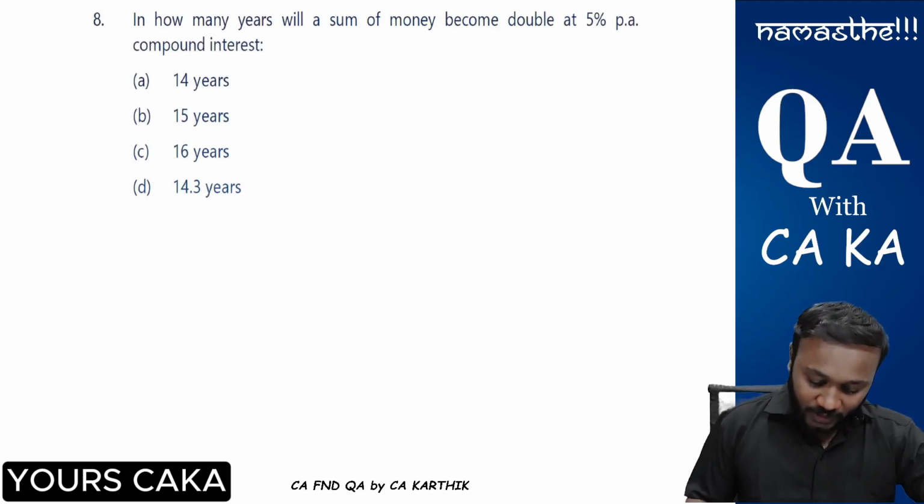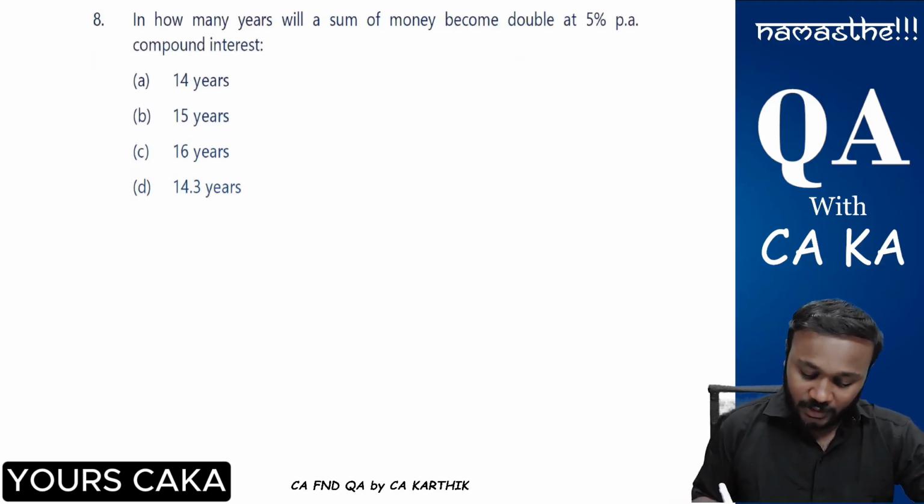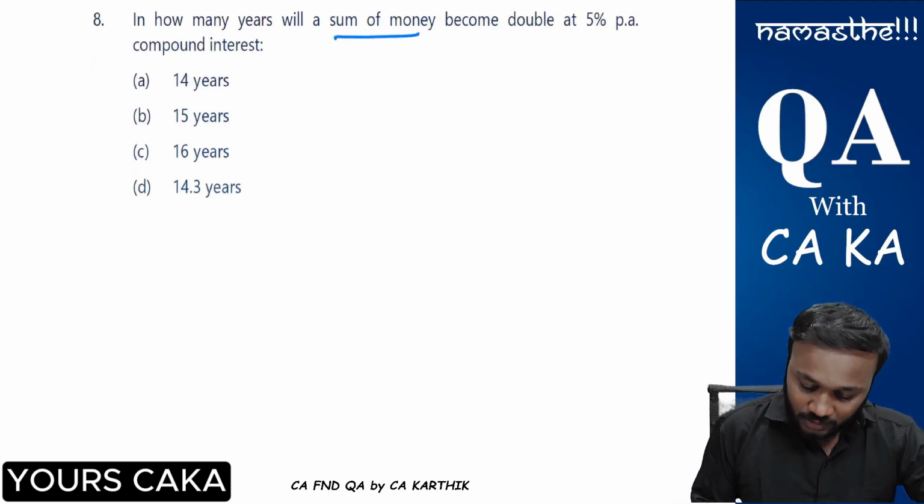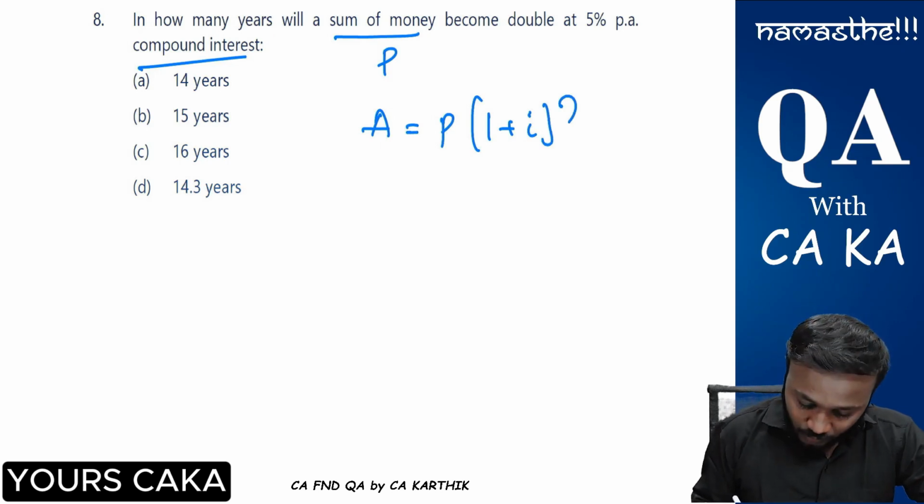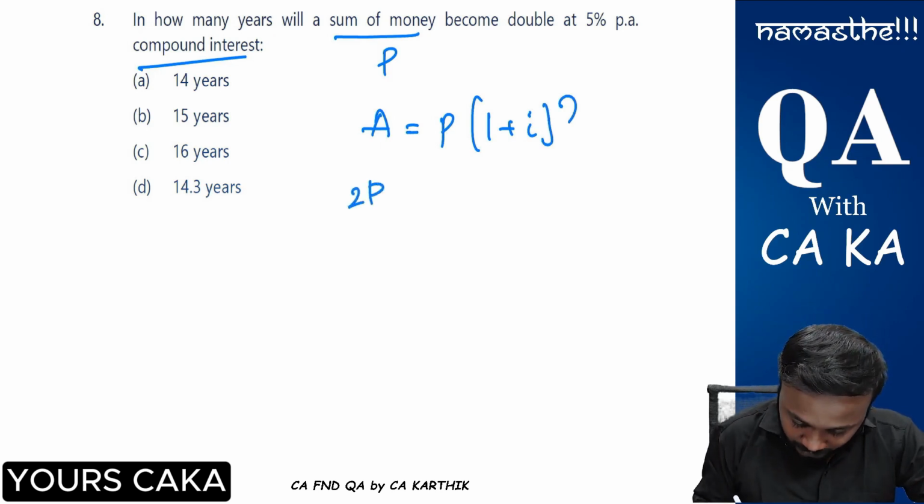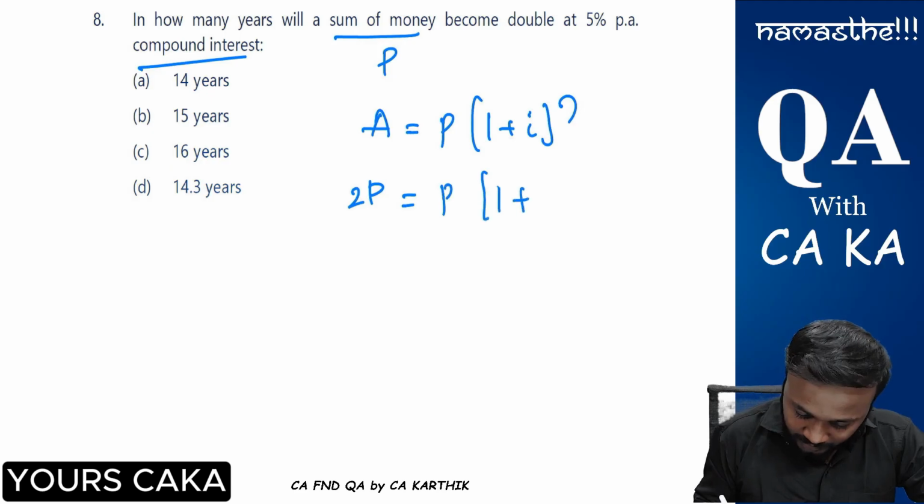Eighth question. In how many years will a sum of money become double? A sum of money, which we don't know, assume just P, at 5% per annum compound interest. So what is the formula, sir? A is equal to P into (1 plus i) whole power n. This is your formula. What is your amount? 2P. This is P into (1 plus 5%) whole power n. P gets cancelled. 2 is equal to